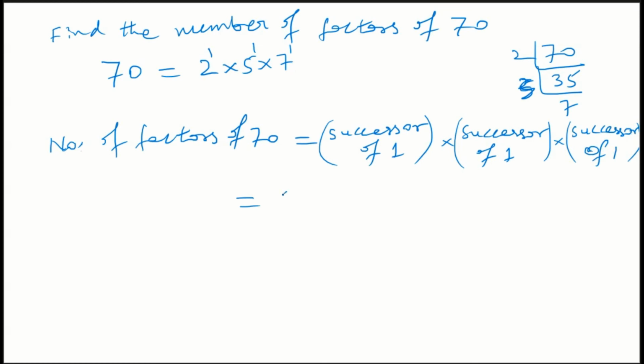So 2 into 2 into 2, where 2 2s are 4, 4 2s are 8. So 8 will be the number of factors of 70, and you can cross check